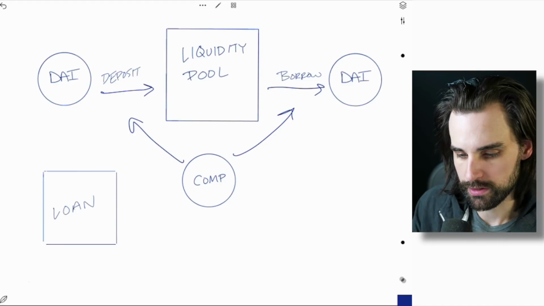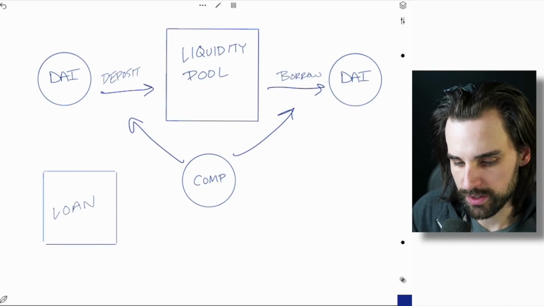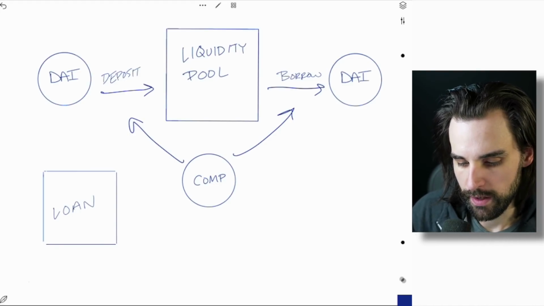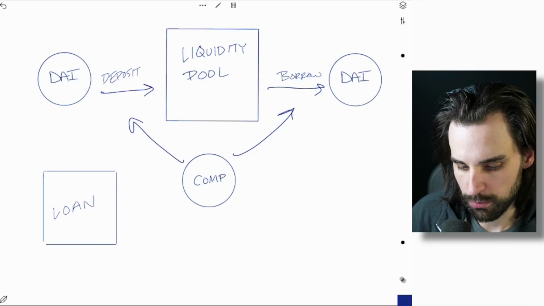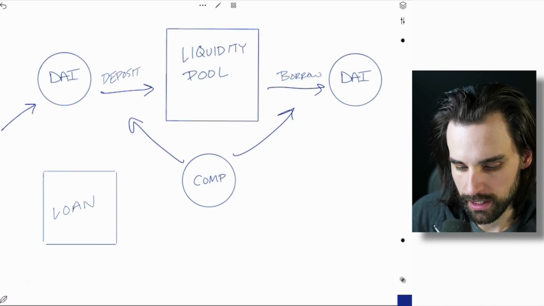You're going to multiply those. Now, you could do that just by creating a smart contract that allows you to do that. But here's how you can really multiply it and pour gasoline onto it. You can basically take your own money, take some DAI, and then deposit it in the application, and then basically